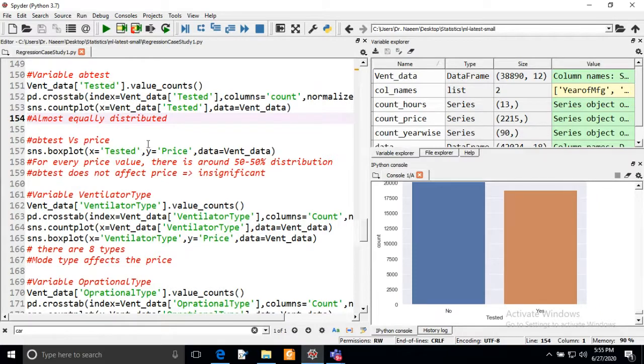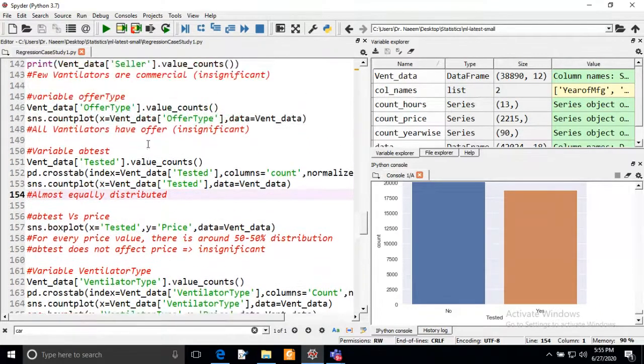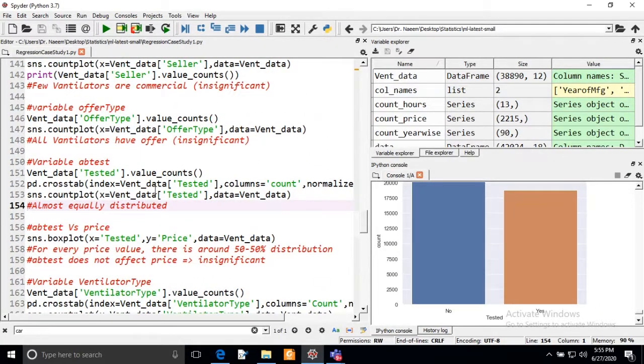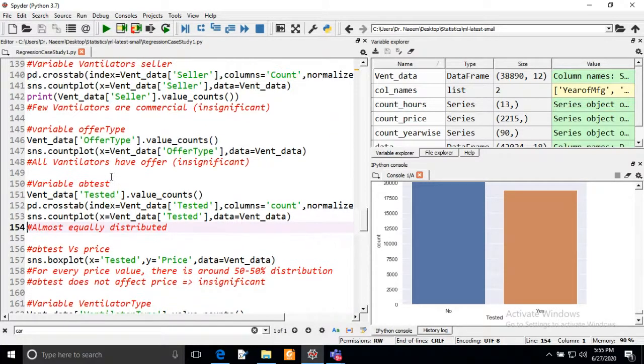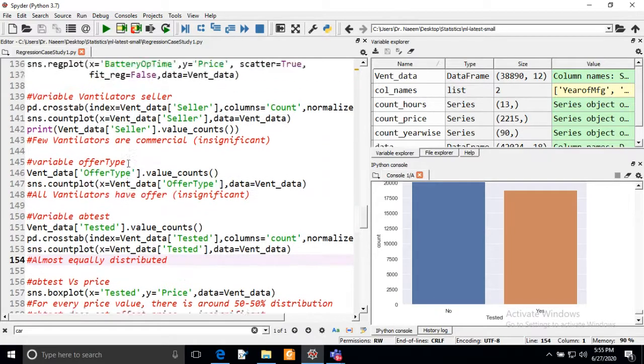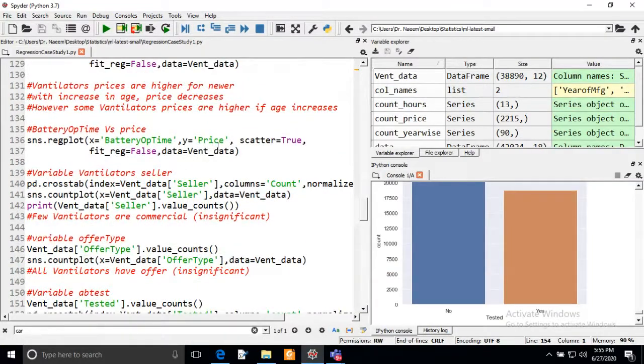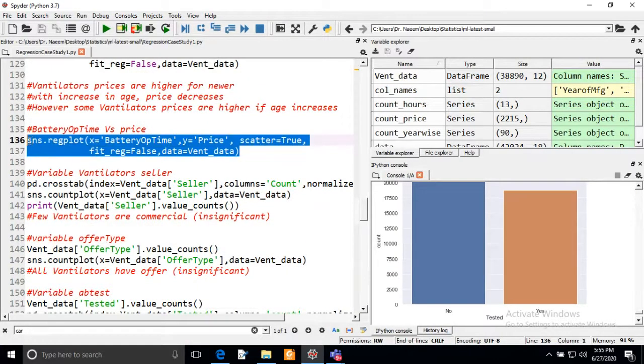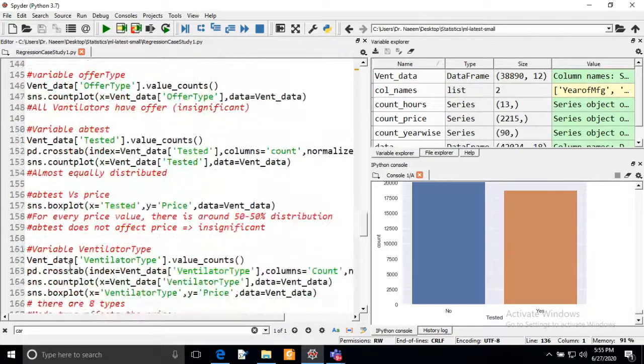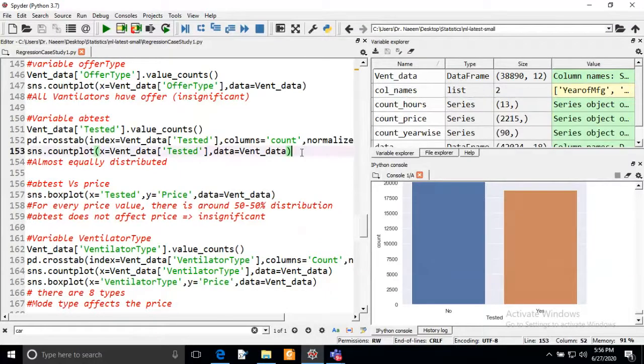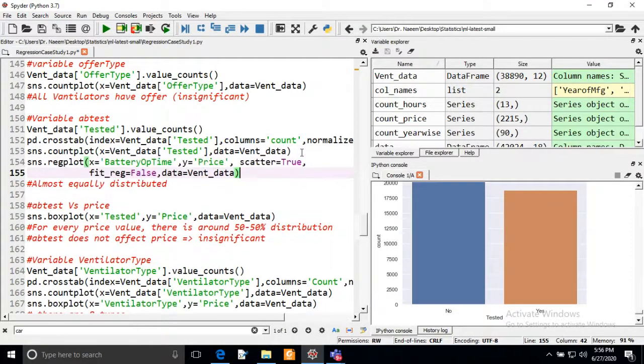We can also see whether the tested column is contributing or not. We can plot the regression plot of this tested, and it is almost equally distributed, so we cannot say whether it is contributing or not.